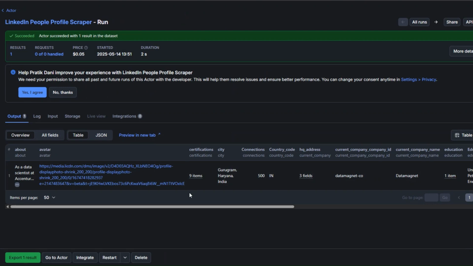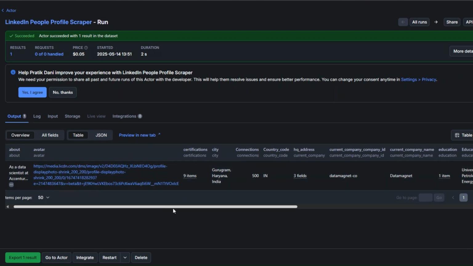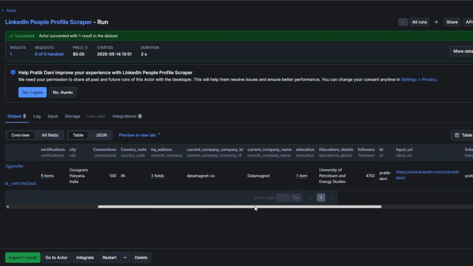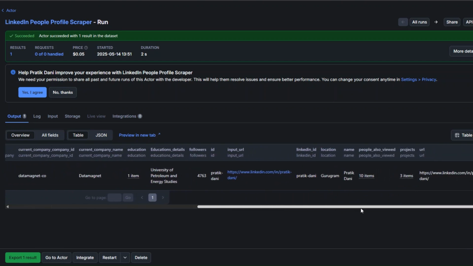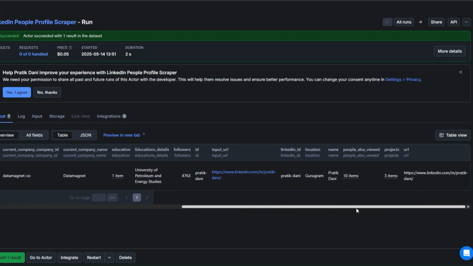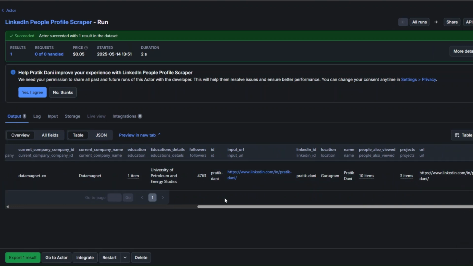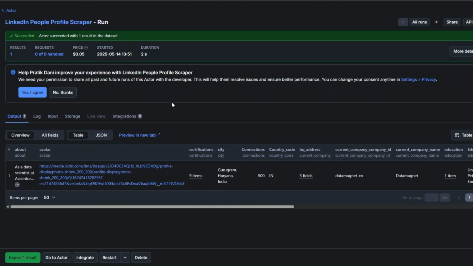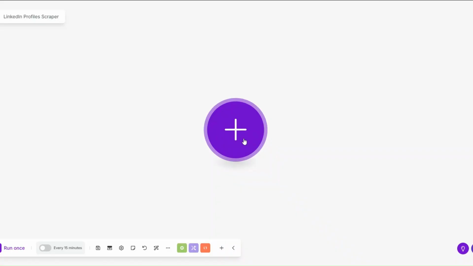Our tool succeeded in scraping a LinkedIn profile. Here we're getting the about section, their image, certifications, city, number of connections, company name, the education details, their name, location, and the LinkedIn URL over here. That's awesome. So now, to automate this process of scraping leads from LinkedIn in Make, I've created a scenario